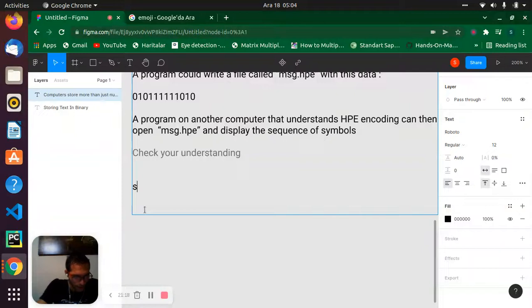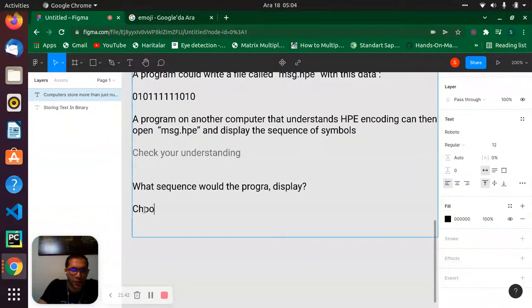Now we'll say what sequence, let's delete it, what sequence would the program display. Let's look at that. Now we will say choose one answer.